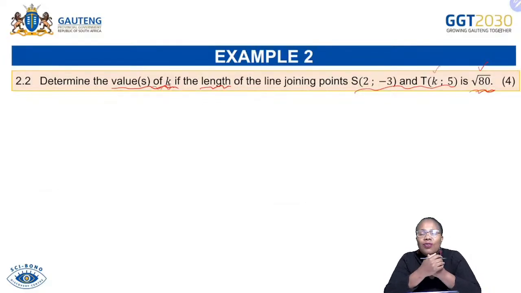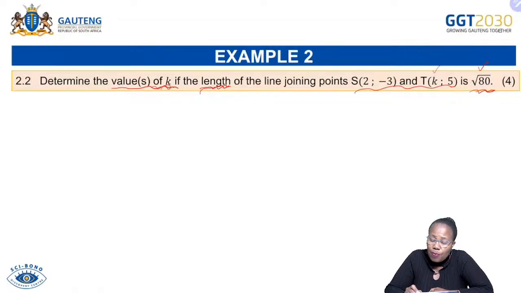So you need to analyze your question with understanding, grade 12. They talk about the length being given to us. That means we are relying on the distance formula. Length and distance use the same formula. Now, let's see. We have 2 points, S and T. We will be working with these two. At least in this case, we have only 2 points. And this will be our x1, y1, and the x2 and y2 there. Right, we now have distance ST